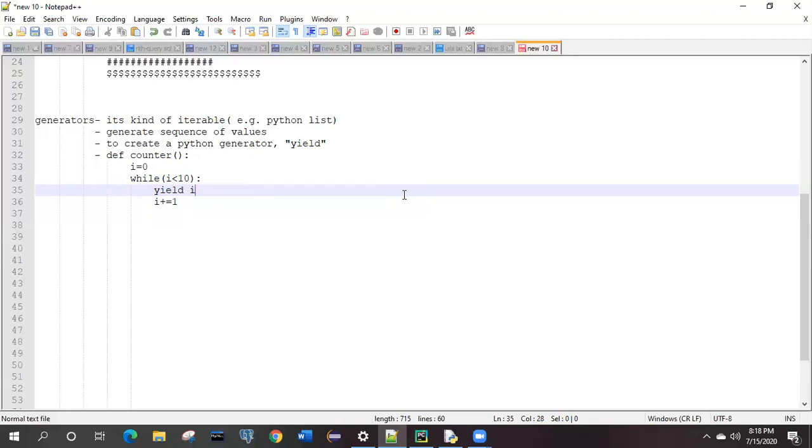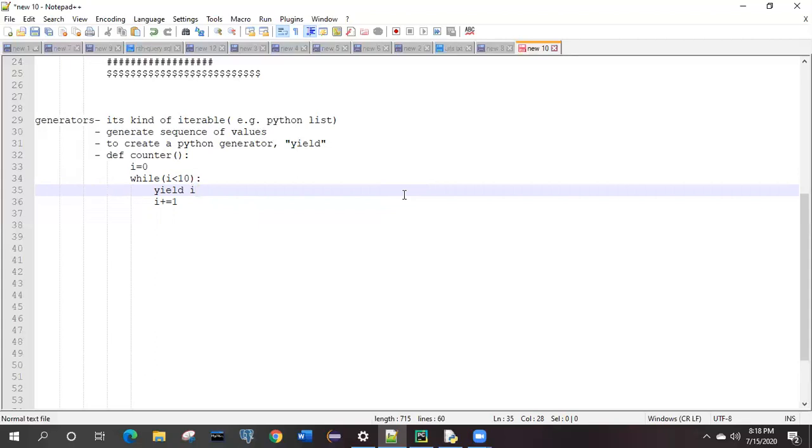So here, what is the name of the generator? The function name is counter. Counter is one of the functions, and that is the generator. Inside that, it has the syntax like that, right?